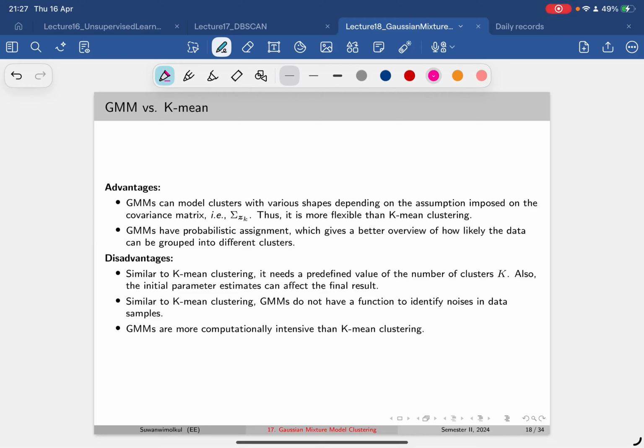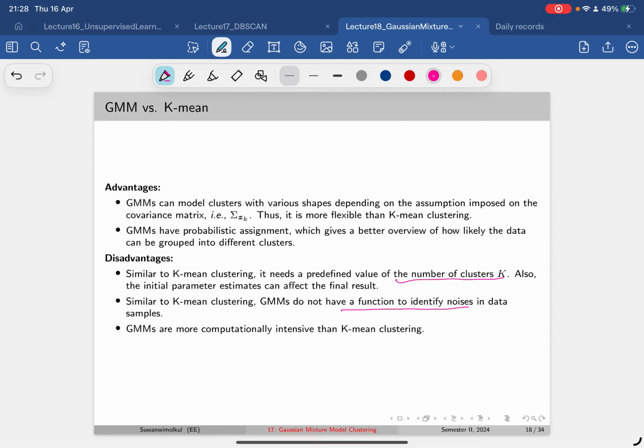They also have probabilistic assignment, because at the time that we do the expectation maximization, you are assigning the cluster based on the probability, right? And yet they are still quite similar to k-means in a way. First, they need the number of clusters, and second,